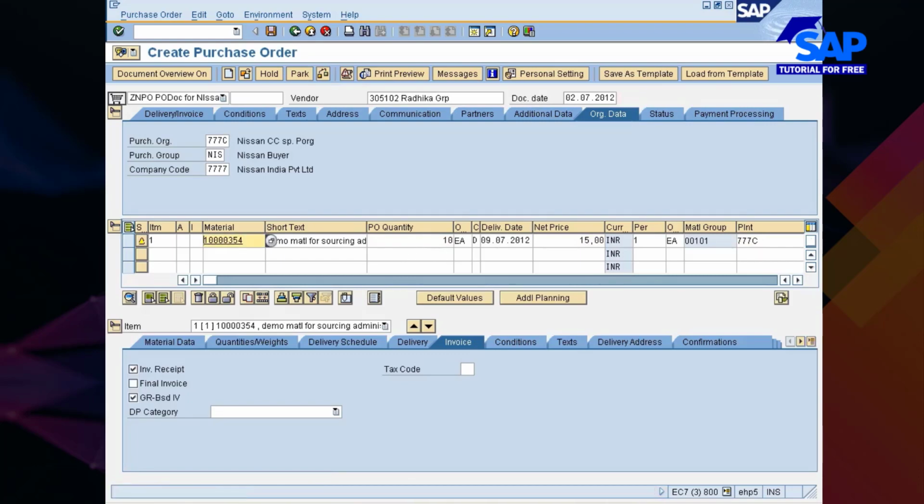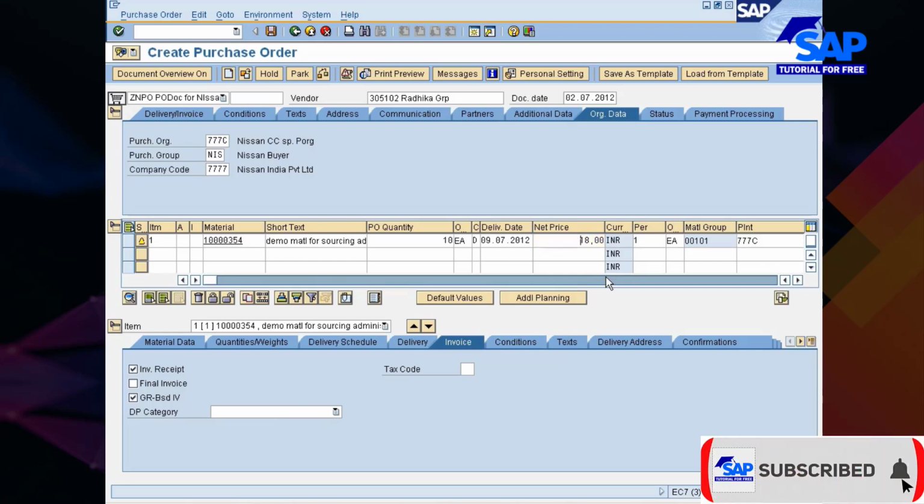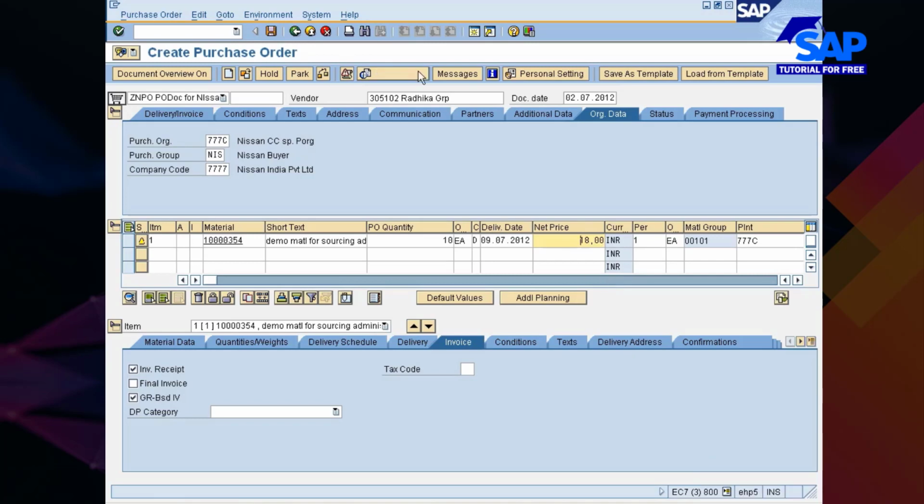Okay, now what I'm going to do is change this to some 17, or let me make it 18. Okay, save it.